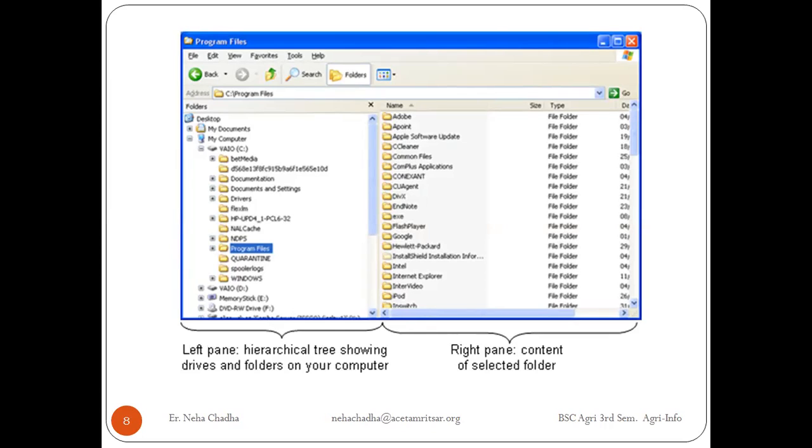Under My Computer there is a C drive which contains some other folders, then D drive, E drive, depending upon your system. Each system has a different type of Windows Explorer, different type of content. I will give you one example to understand it.